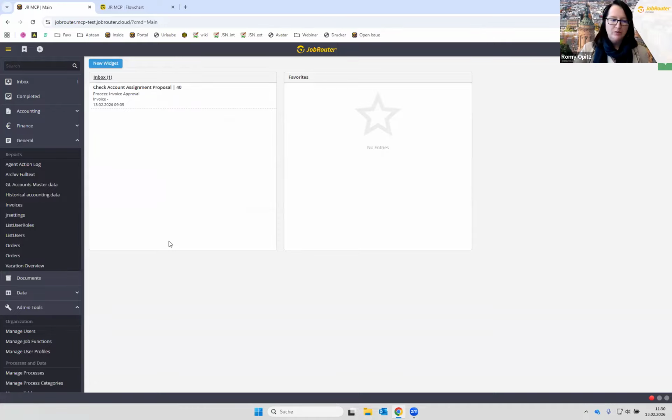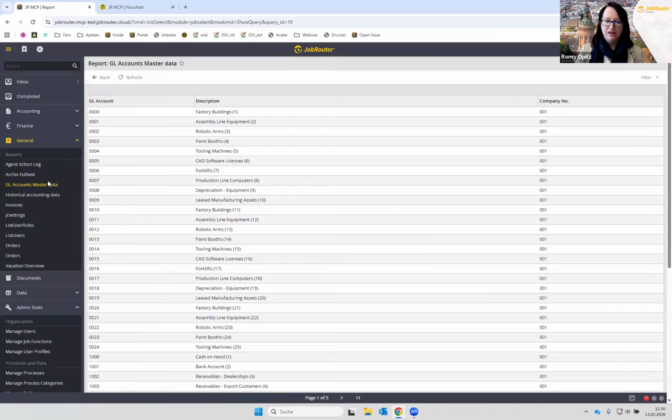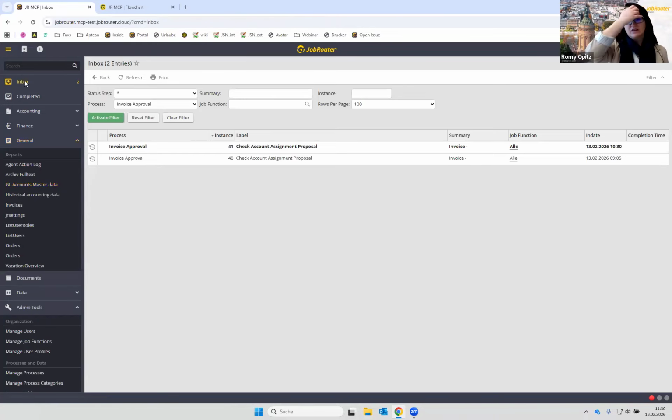That's where JobRouter comes into play, because we do have access to the company master data in the form of reports, for example, and also in the form of job data. We can give that AI agent access to these specific reports and some more, and that's where it gets the data from. So that's one place where it can look to perform its task, and that's what the system activity does. Oh, it was quite quick.